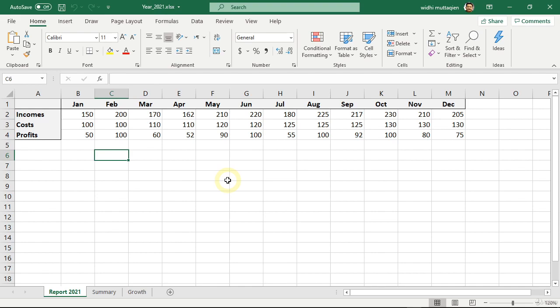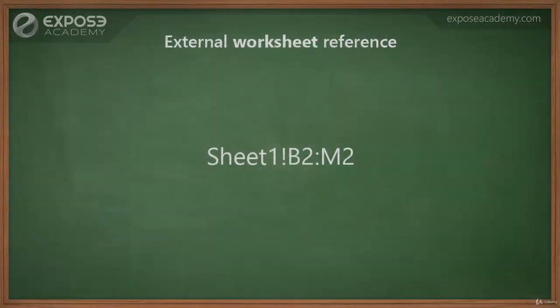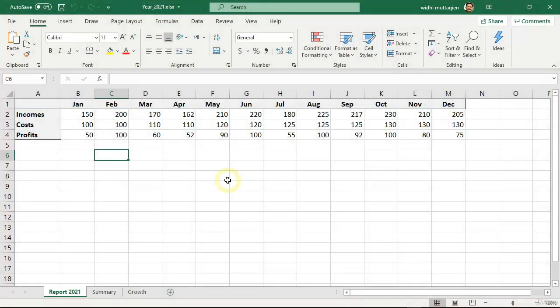To reference other worksheets but still in the same workbook, we must use this format. First, we need to type in the name of the worksheet that we want to target, then an exclamation symbol, then a cell reference code. In this case, you can write various types of cell references that we discussed earlier, whether it be a single cell, cell range, column, column range, row, and so on. You can freely use all these types of references.